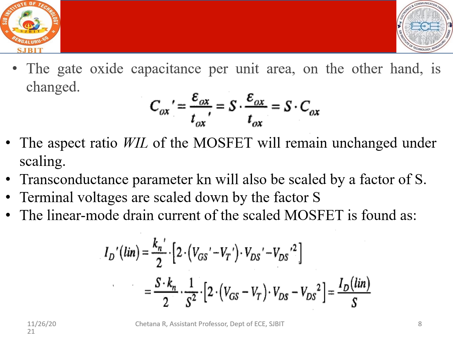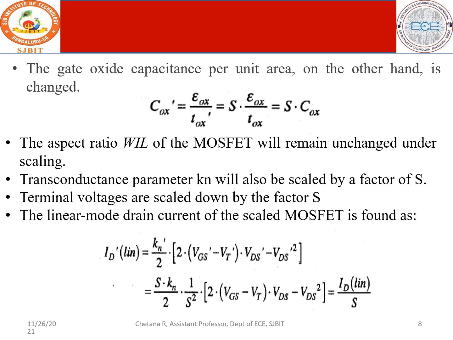Next, voltages. They are also scaled down by S. Scaled down means you have to divide; scaled by means you have to multiply. So VGS dash is nothing but VGS by S, and VT dash is VT by S. When you take the LCM, S remains as a common factor and you pull it out, it becomes S. Next, VDS dash is VDS by S. When you do the LCM and simplify the expression, you have S into S square. So if you consider 1 by S square and S, it is nothing but 1 by S,